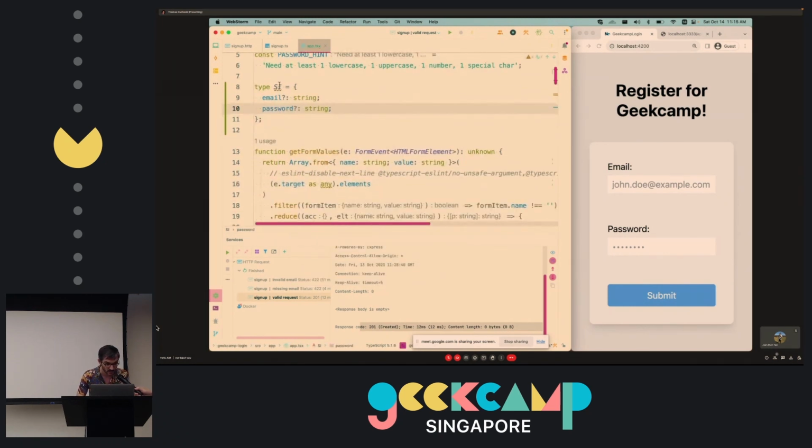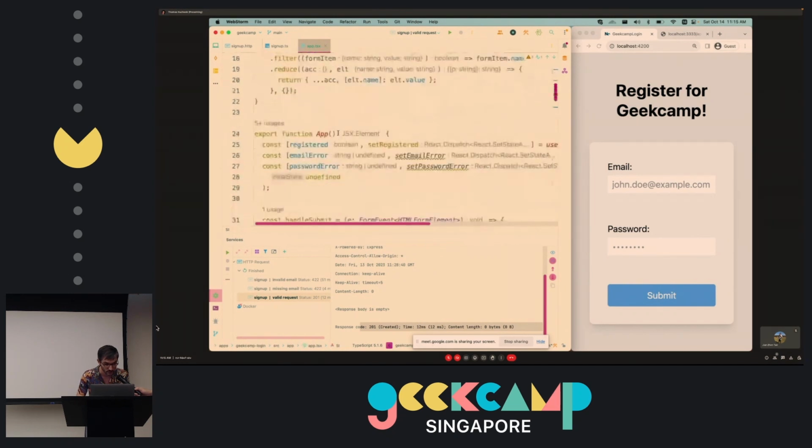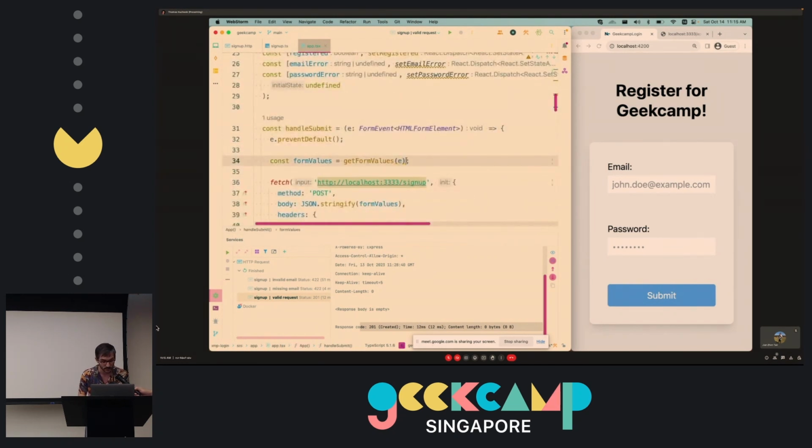So this sign-up type, I use it to lie to TypeScript, basically. I have a function that gets all the values from the form. And this is an unknown type, because I don't know what's inside my form. I can only make assumptions. So what I will do is I will lie to TypeScript first, and then I will use the form values